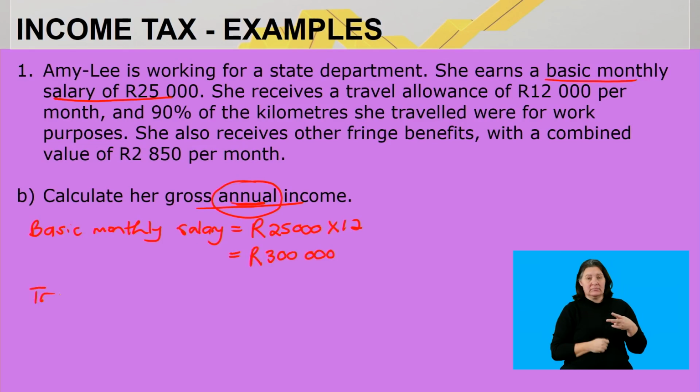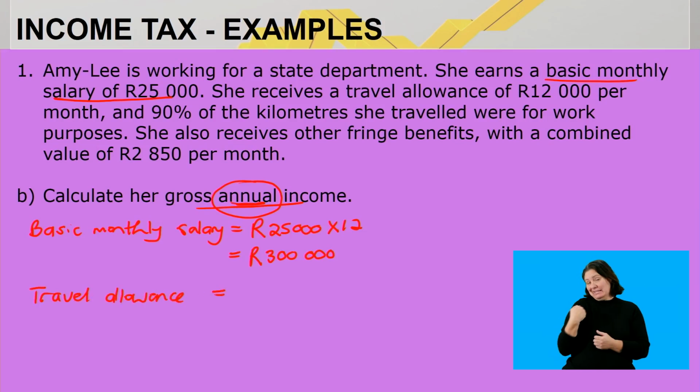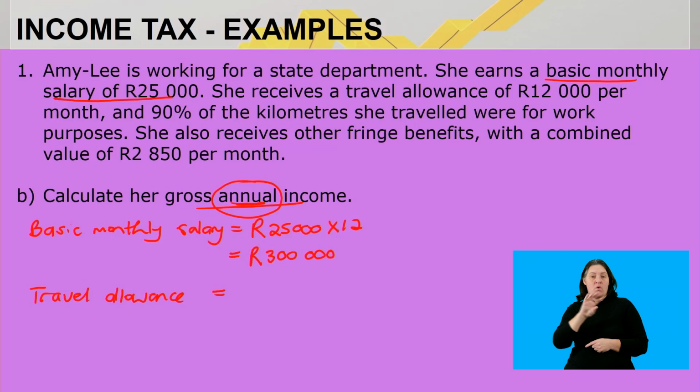So the travel allowance, we already calculated just now that the monthly travel allowance that will be included in the gross income is 2,400 Rand, right? So then I'll take the 2,400 Rand and I'll multiply that by 12 as well to take it from monthly to annual, right? So 2,400 multiplied by 12, so that will give us